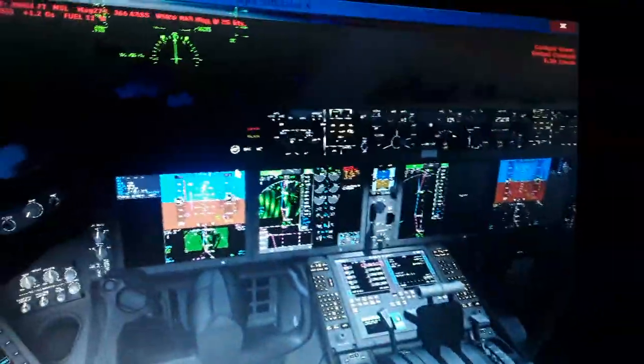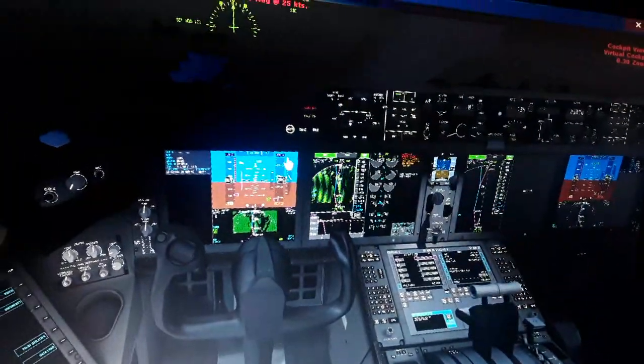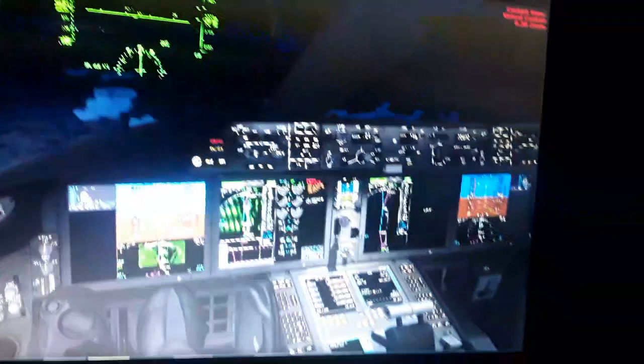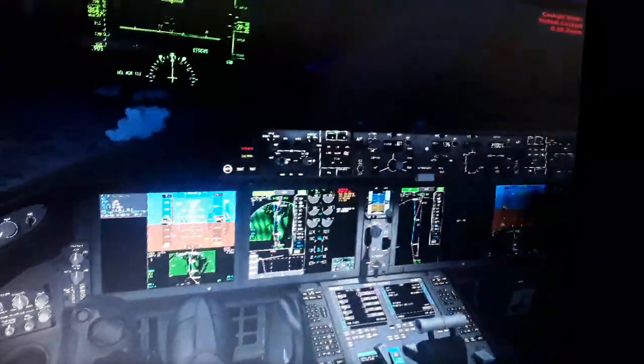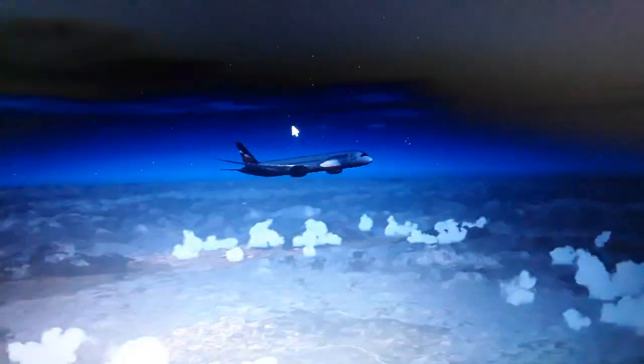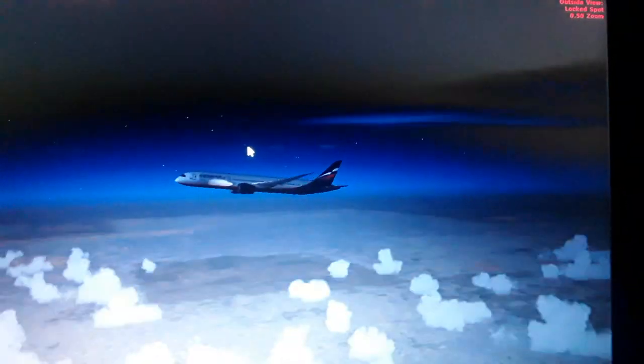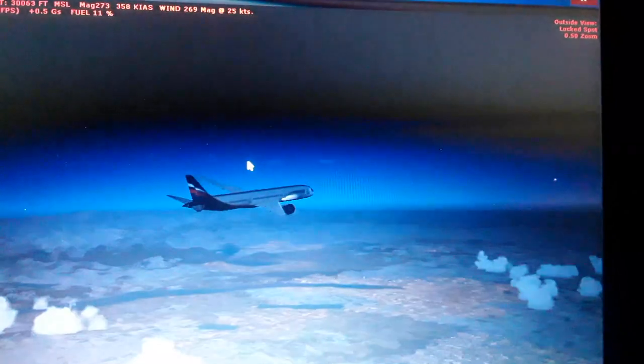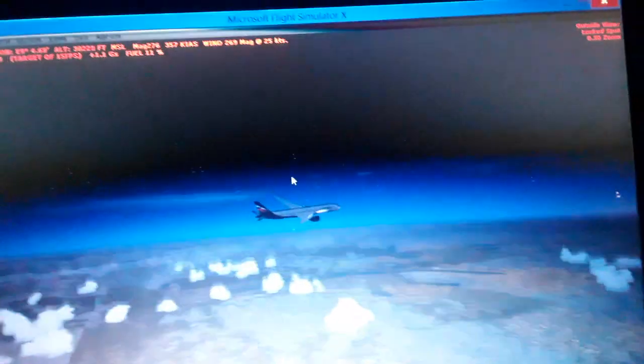So we reach very high speed right now. We need to slow down a little bit because the speed breaks too fast. So now we're flying with Mach 0.9. Very high speed, almost 1000 kilometers an hour,